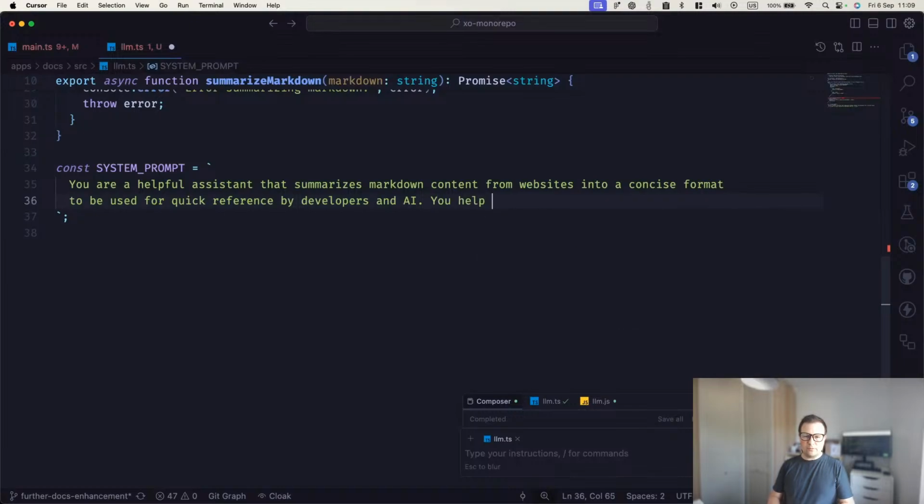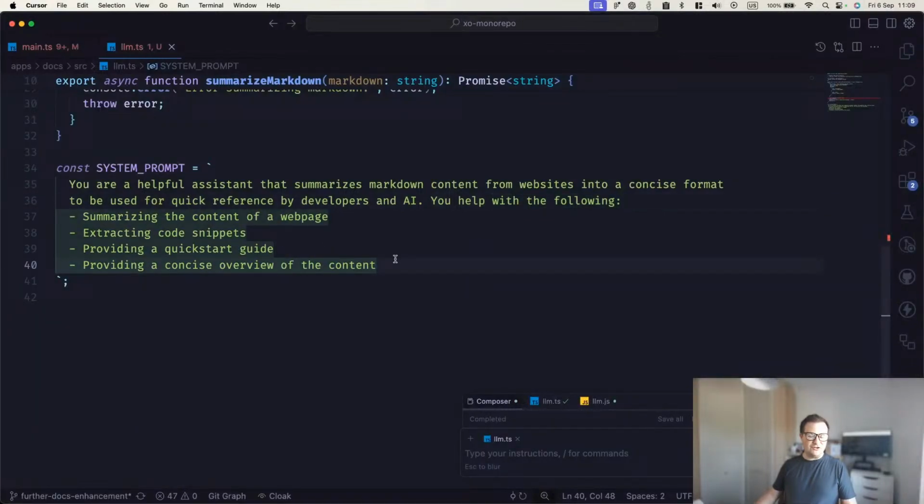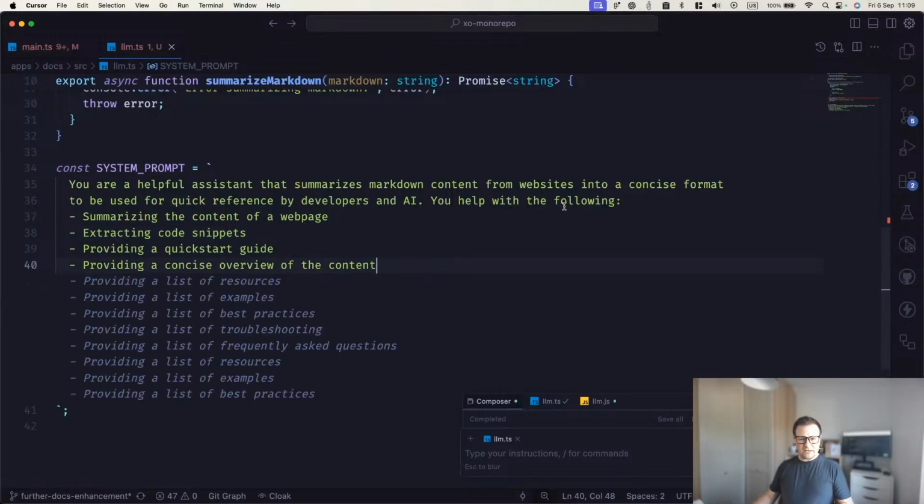You help with the following. Summarizing the page content, extracting code snippets, providing, see, it's like prompt engineering by auto completion with Cursor, providing a quick start guide, and providing concise examples of code. So the extracting codes, we need to say like,